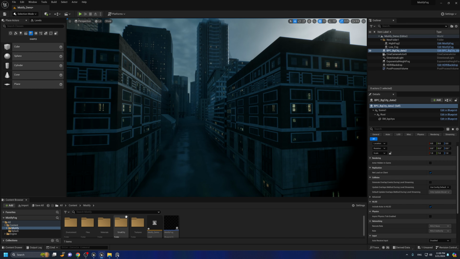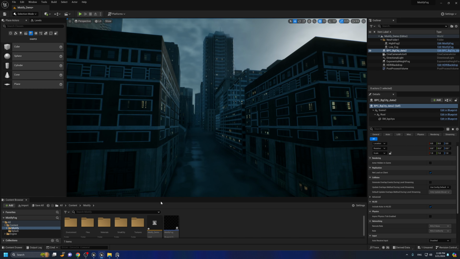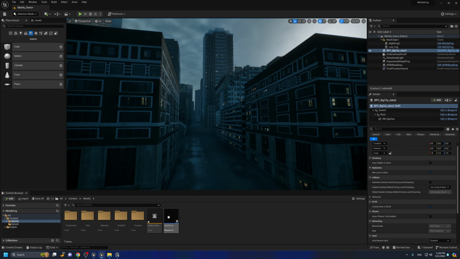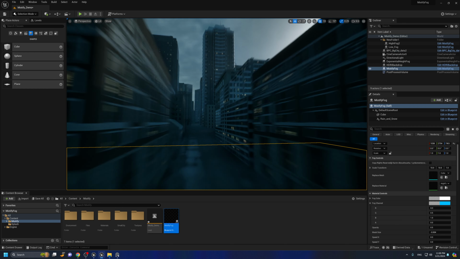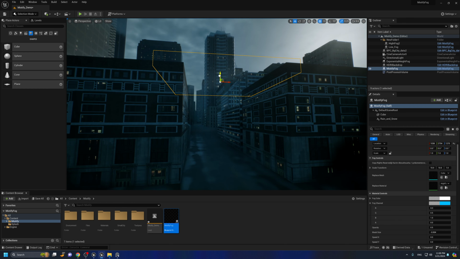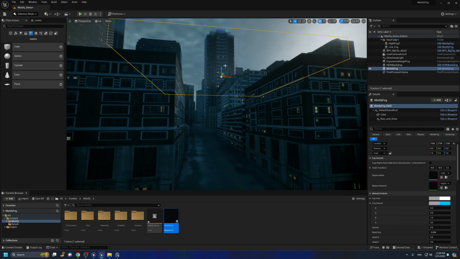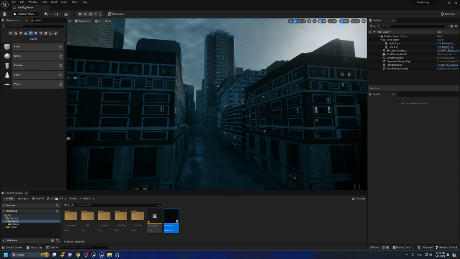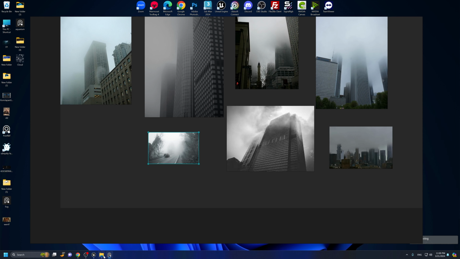So you will find the project file, you can open it and you will find everything there. If you want to use only the blueprint, you can just drag and drop here and start to change the size as I showed you, and start to work on these tools. Okay, so let's see in the